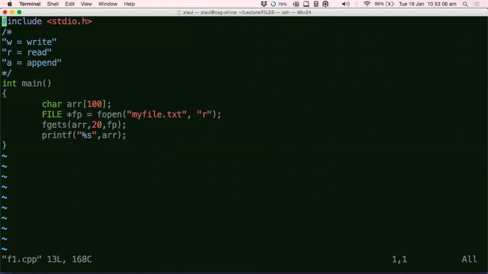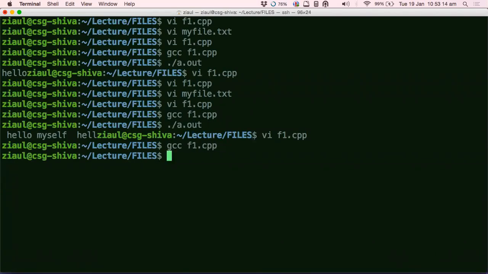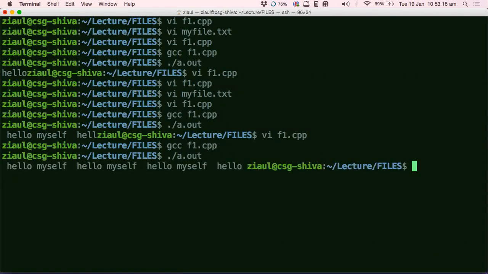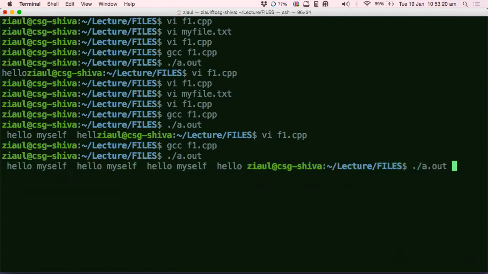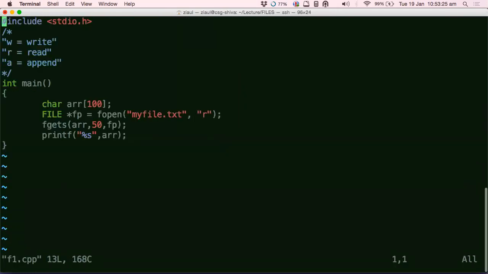Do you see this? So if I increase it more, let's say I make it 50. See, it read more. You guys see what is happening here? What is fgets allowing you to do?